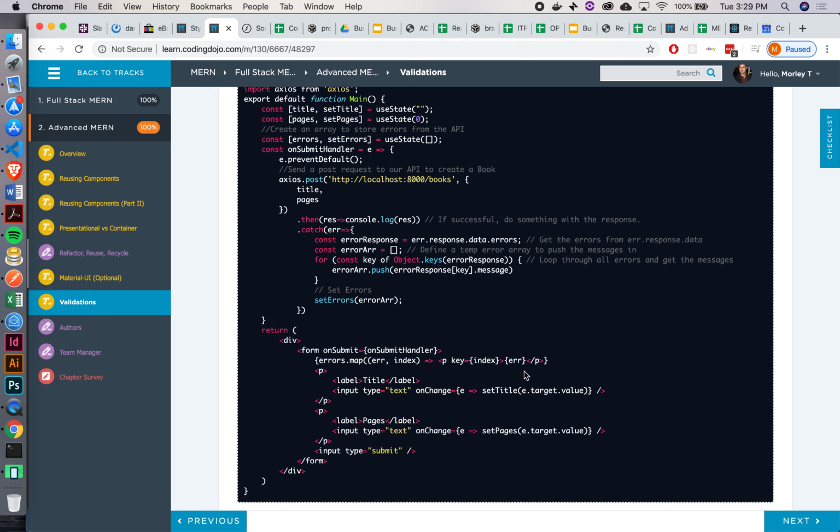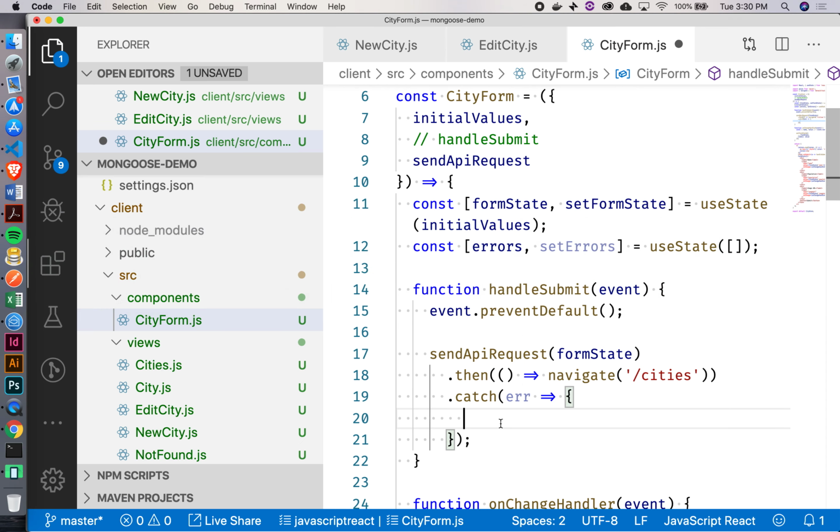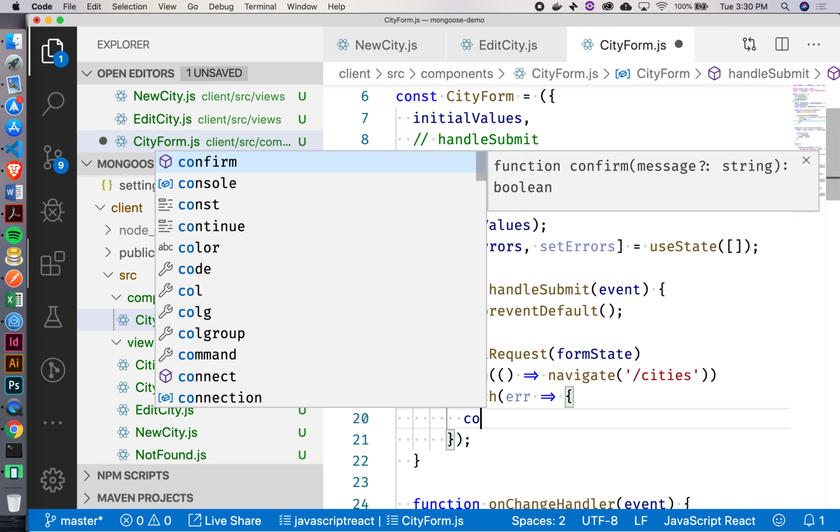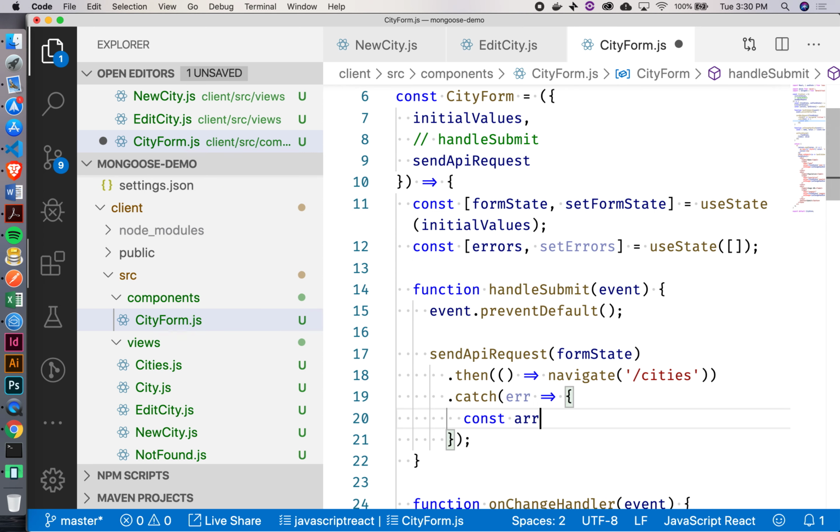And this part's going to be a little bit tricky, so it's something that you guys are generally going to have to copy and paste a little bit and then tweak depending on the situation. Just a warning, unless you're really comfortable with how this whole thing works. Okay. So error.response.data is what we're looking for. I'm going to create an array out of that whole thing. So I'm going to say const r equals,